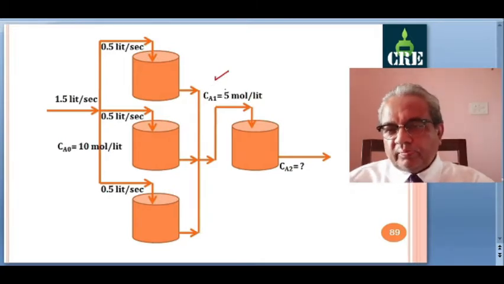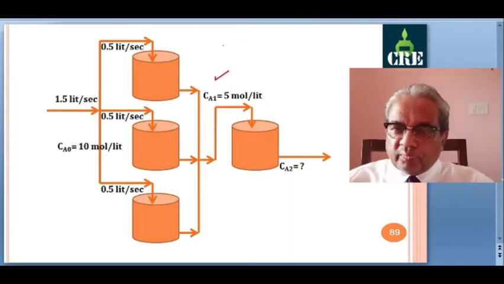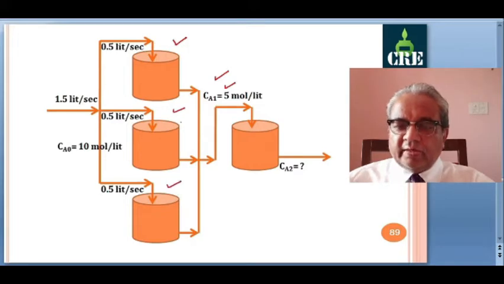So we want maximum amount at this concentration, 5 moles per liter. So this conversion, almost 50% conversion you want for maximum amount. So we will use these 3 reactors first, and these 3 reactors, as this conversion is fixed to 50%, we will not use it in series, we will use this in parallel.